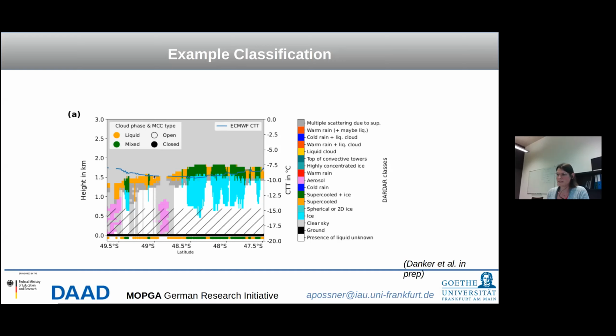And she's combined this data set with a data set by Isabelle McCoy that's classified these cloud scenes using the MODIS images as open and closed cell mesoscale convection. So in the end, we have the summarized product where we give a vertically integrated assessment. So yes, this column is classified as mixed, which is shown down here in green, and then open and closed circles indicate where we said it's open or closed cellular convection.